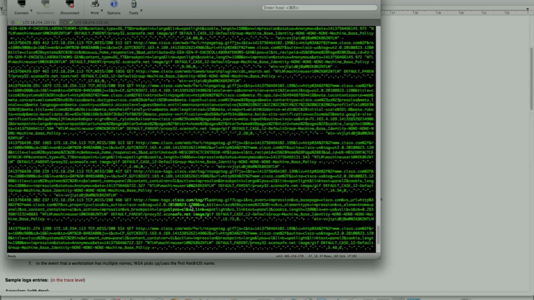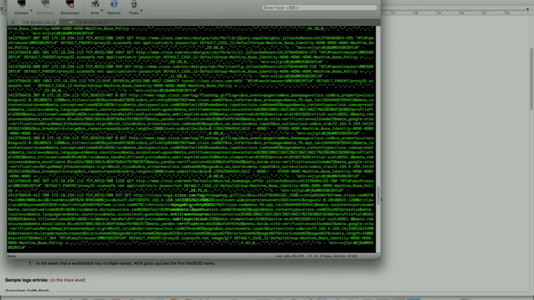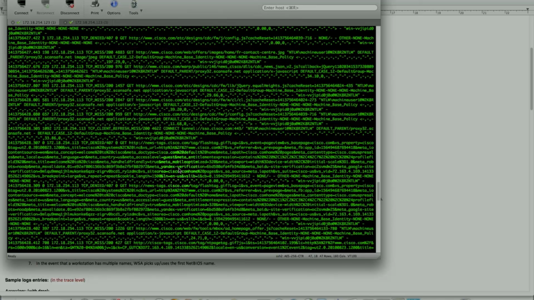Control C. Scroll up. So as we see, first it was the authentication, 407, because in explicit mode, and since we already have given the auth and tested it, that's why it came up and provided this. If you look at here, this transaction,